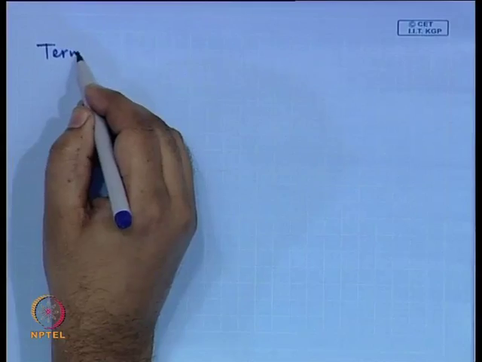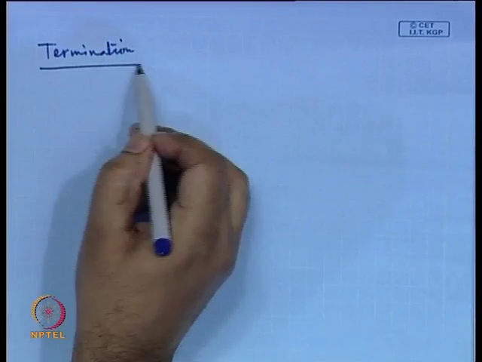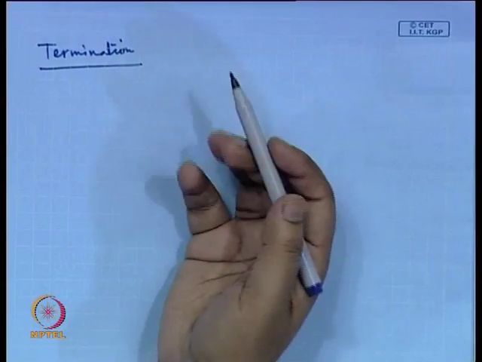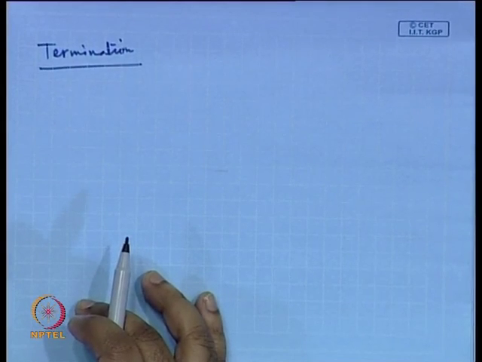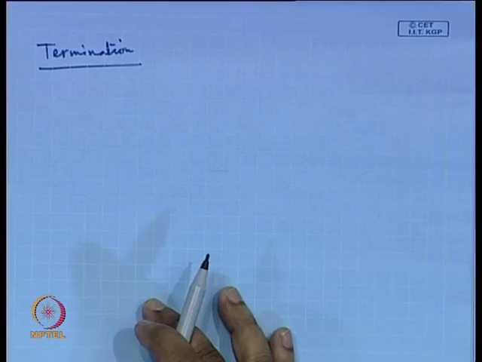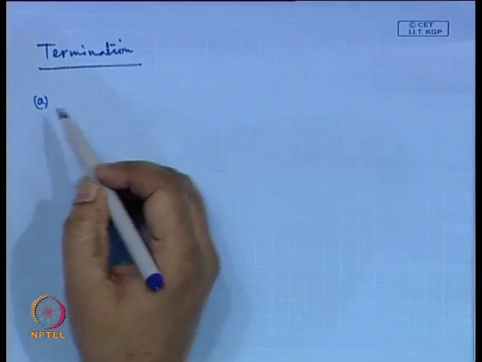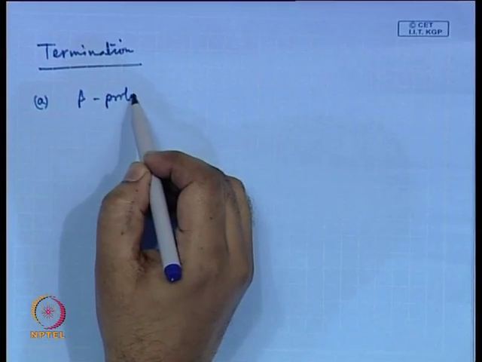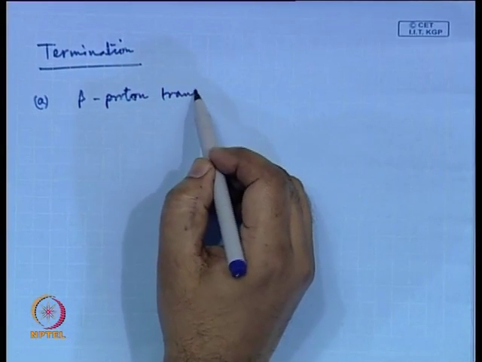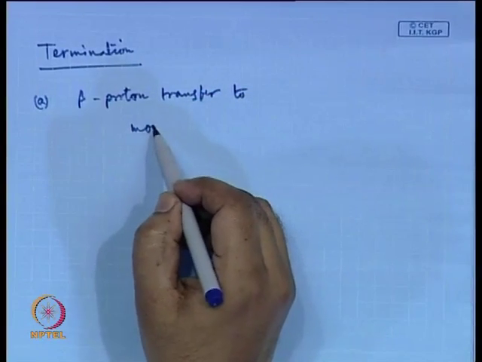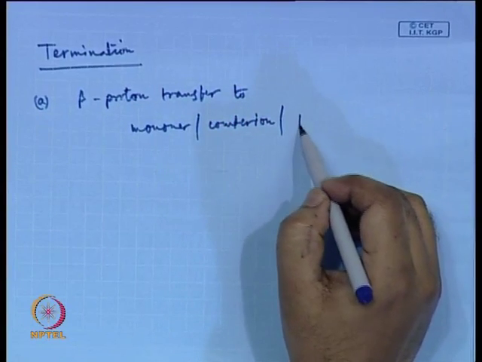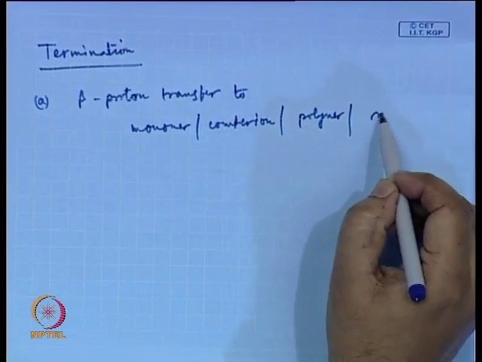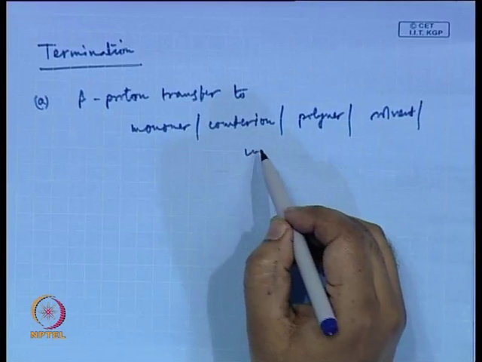So, we just discussed the propagation steps. Now, let us talk about different possible termination steps in cationic chain polymerization. Once more, termination does not happen by bimolecular reaction of the propagating species, and generally the termination happens by transfer reactions. For example, beta proton transfer to either monomer, or counter ion, or the polymer itself, solvent, or some impurities